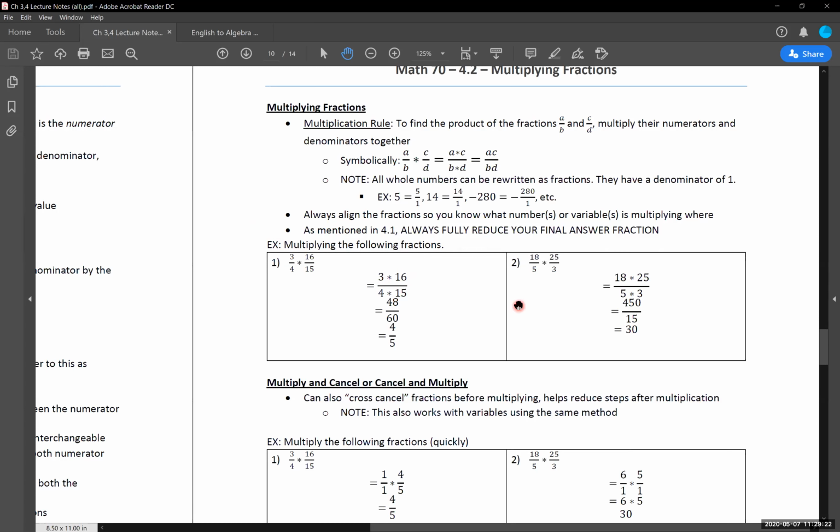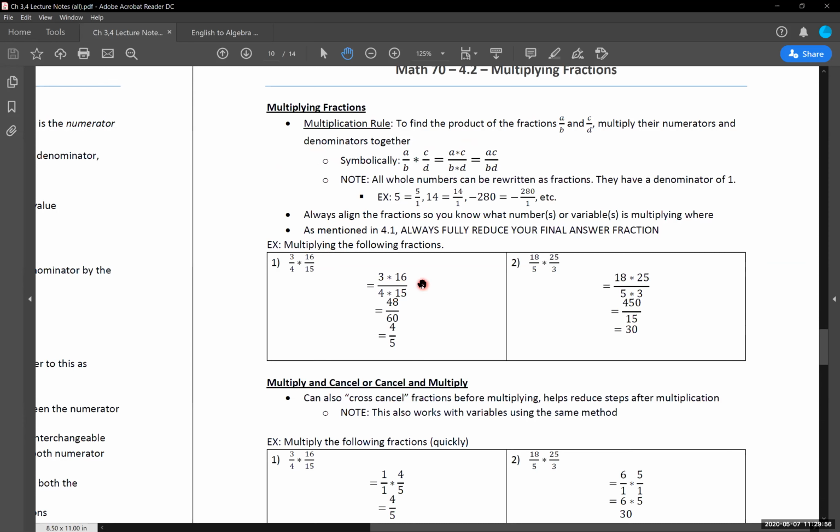And so it's already written out here for us, so we'll just follow along with what we have written out here. If we are multiplying the following fractions together, so let's say we have 3/4 times 16/15. Checking our notes back up here, how do we write this out symbolically? We're starting with 2 fractions multiplying, and then we combine it into one fraction where we have the numerators multiplying together and the denominators multiplying together. So that's all we did from our first to our second line of work.